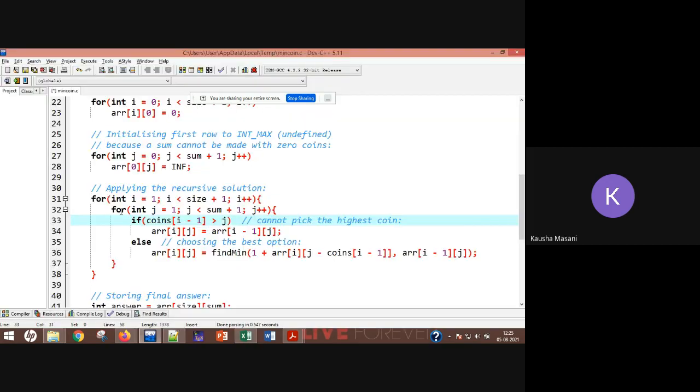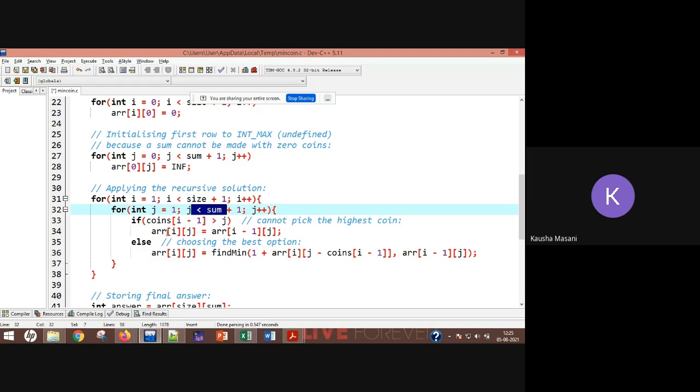Again, if i and j are equal to 1, and i is less than size and j is less than sum plus 1. What is this sum? 49, the value for which we are finding the make change problem. The condition you are checking is i minus 1 greater than j.